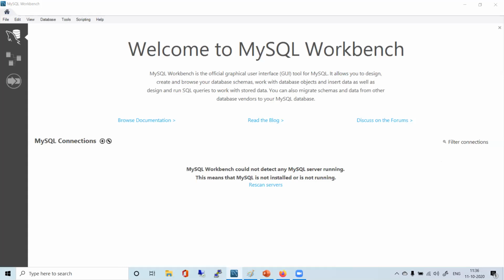You can go to mysql.com, download it and install it. If it asks for any dependencies, say like Visual C++, please also fulfill that requirement, and then you install it. Once it is installed,